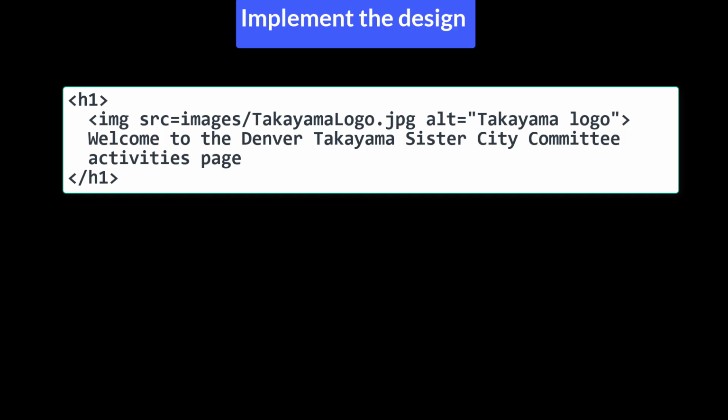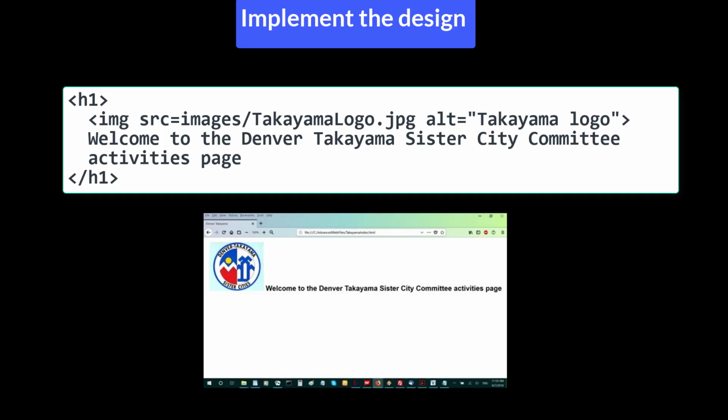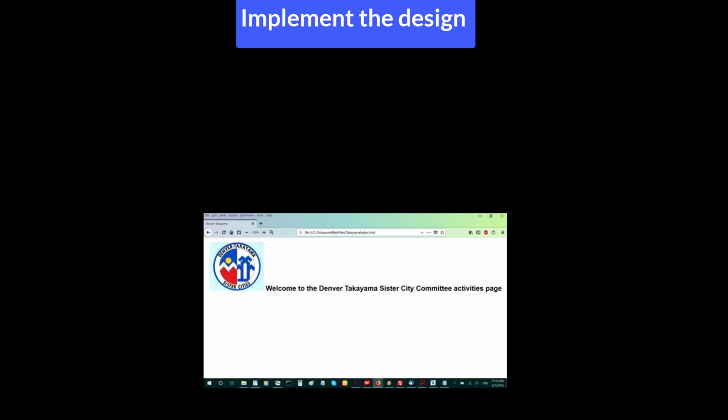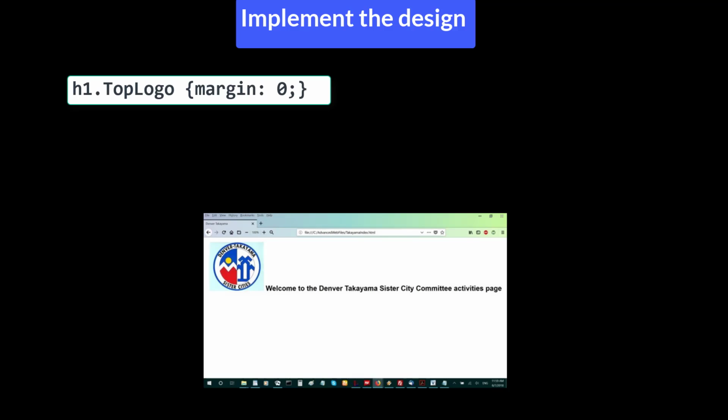That will display this way. I think we can improve this by having the logo closer to the top, having the text higher on the page, and breaking up the line of text. Regarding the logo being close to the top, that's probably due to a browser default. I'd override this by setting a margin 0 value in a class. Instead of forcing this for all H1 elements, I'd set up this kind of a rule: h1.topLogo, margin: 0;